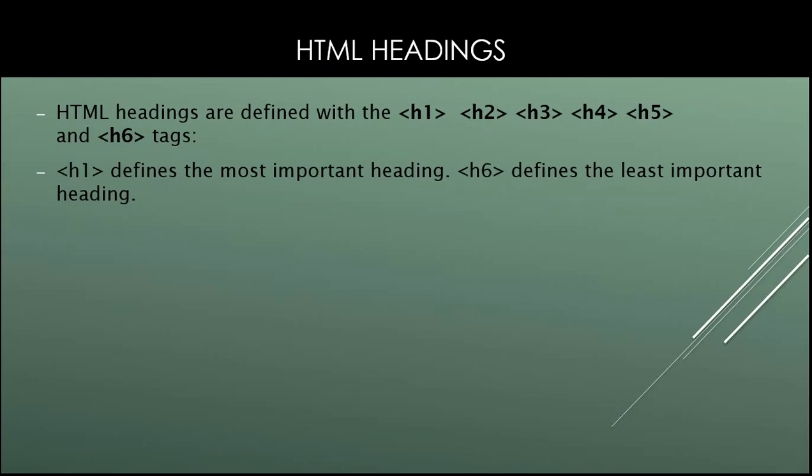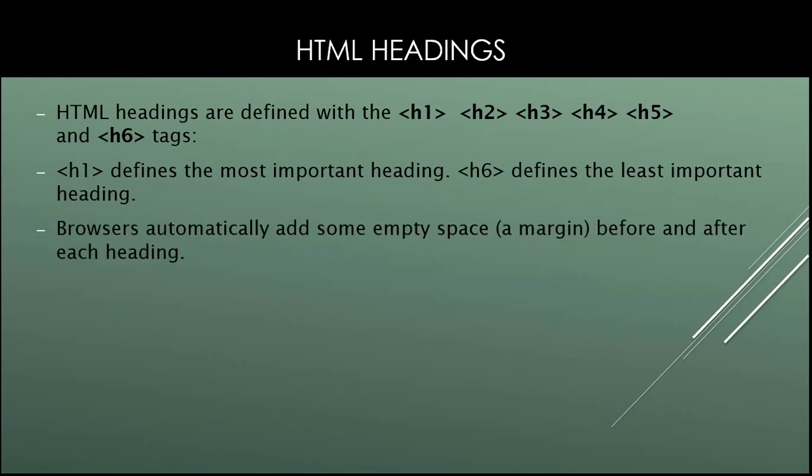The importance of h2 and h3 follows the same sequence. H1 is the most important one, then h2, h3, and the least important one is the h6 heading. Generally, when we write code using these headings, the size and the boldness are different when you see that on the web page. But we should not use headings to show size or to represent bold or normal text.